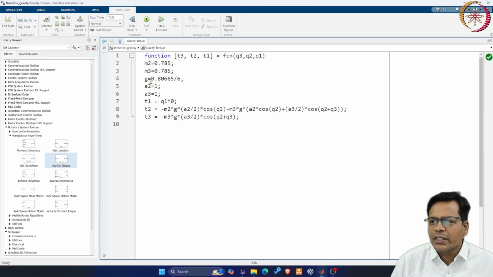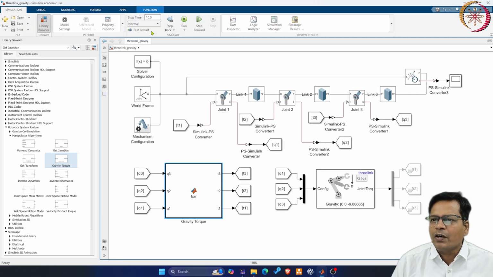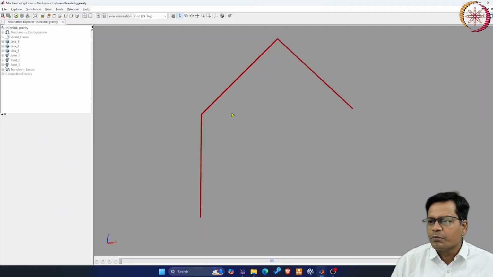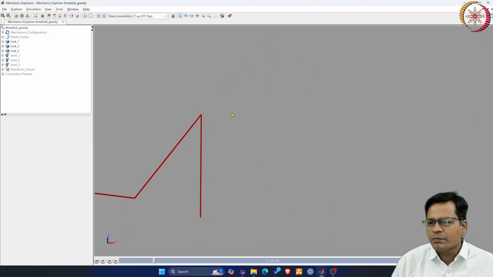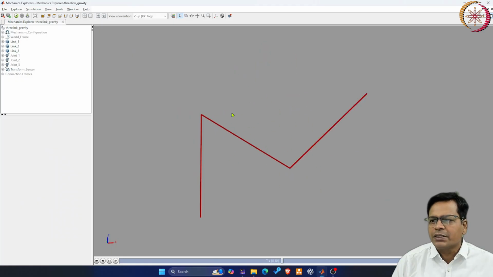So you can change the acceleration due to gravity here, accordingly it will support. And now if I run it, it behaves a little different. It falls but not that fast because it is getting compensated a bit, not completely.